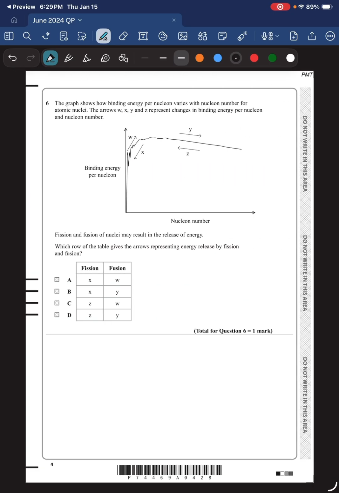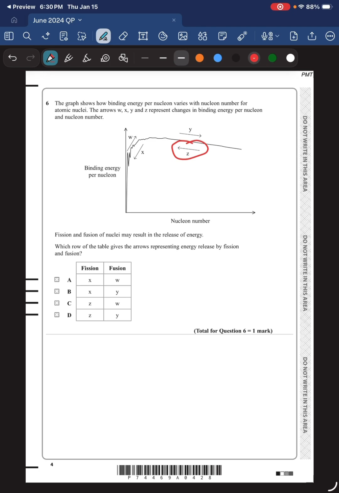Okay, question 6. The graph shows how binding energy per nucleon varies with a nucleon number for atomic nuclei. The arrows W, X, Y, and Z represent changes in binding energy per nucleon and nucleon number. Fission and fusion of nuclei may result in the release of energy. Which row of the table gives the arrows representing energy released by fission and fusion? All right, so